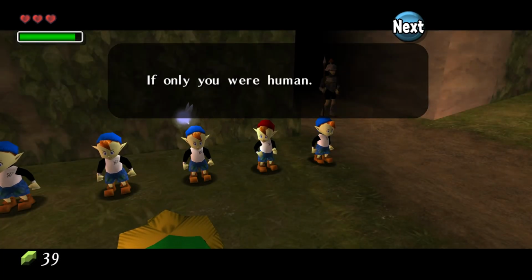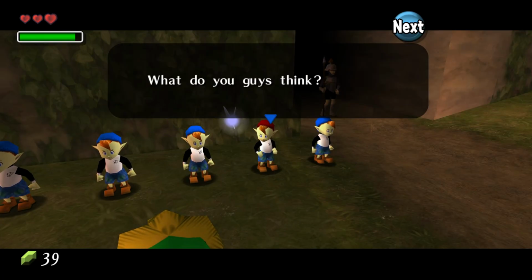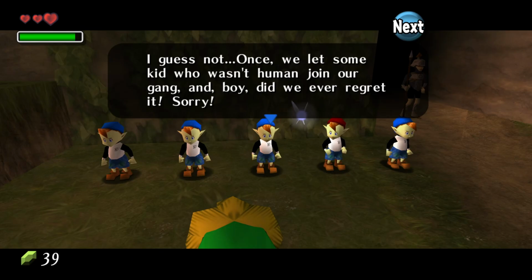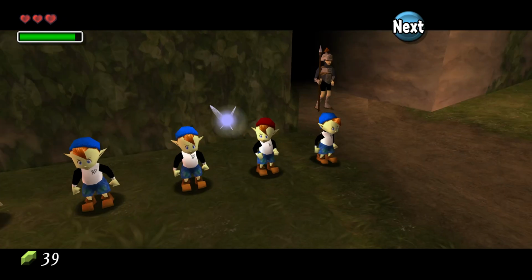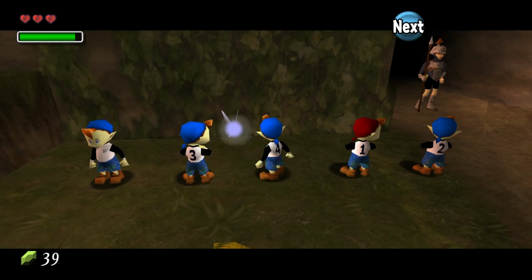You're pretty good for a Deku Scrub. If only you were human, then I could give you an original Bomber's Notebook and make you a member. What do you guys think? No way, no scrubs. I guess not. Once we let some kid who wasn't human join our gang, and boy did we ever regret it. Sorry, but I'll teach you the code, just like I promised. I can only tell you once though, so pay close attention. Are you ready? Alright, looks like it is